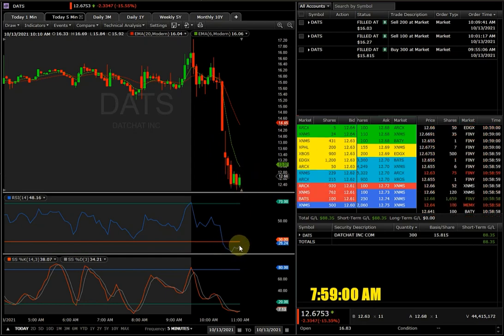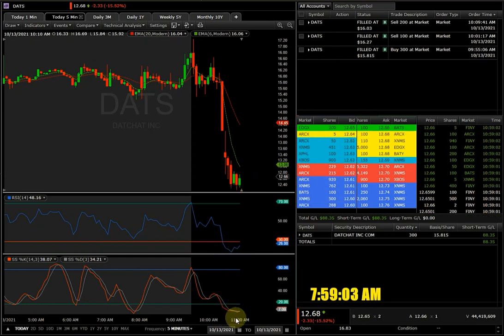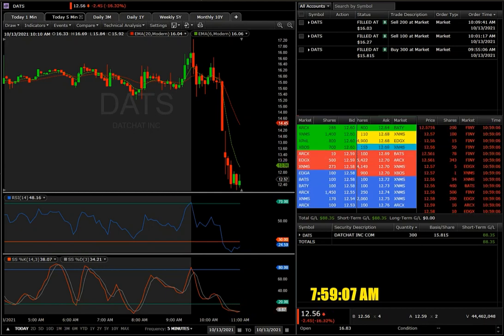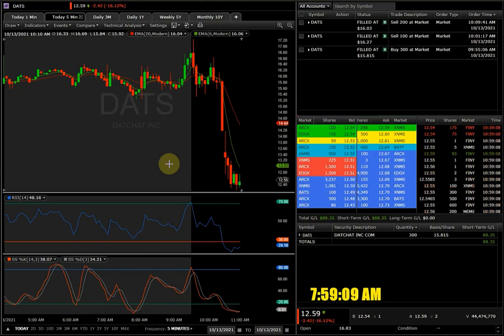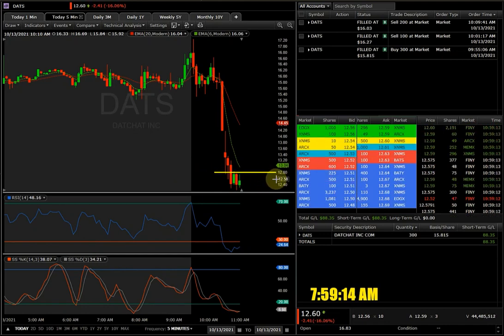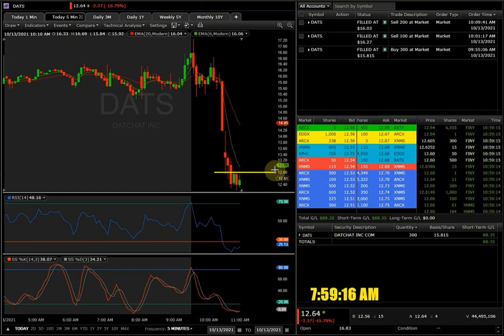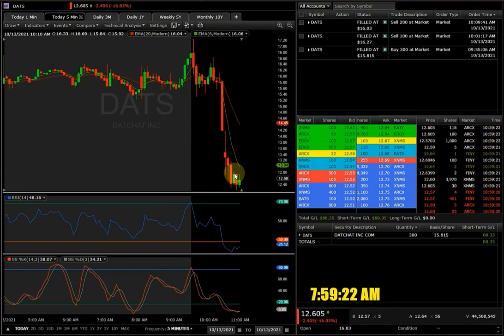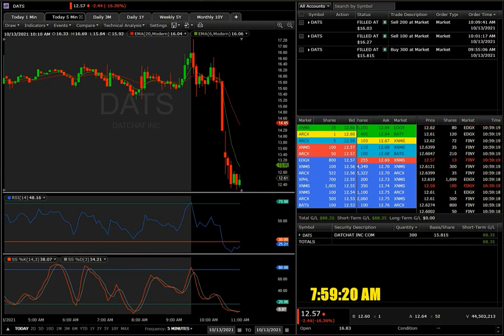RSI is slowly creeping up. Stochastic slow, not crossing yet, but it's getting there. So it looked very attractive, right? However, what I was looking for, so let me draw right here, I want to see the candle go above it. Unfortunately, that didn't happen. As you can see, there's a tiny wick right there, and then it just tanked. So I need to see a higher high. That didn't happen. So it was a bull trap,